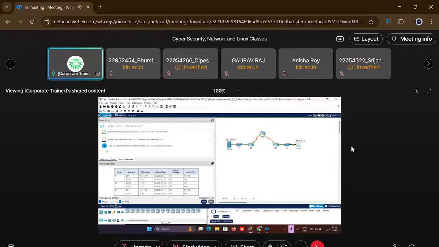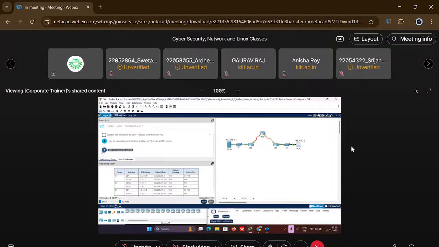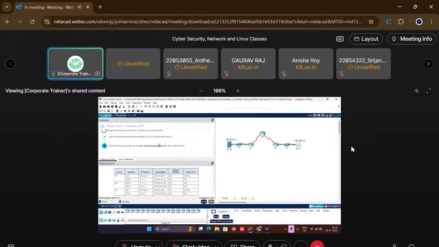Right. So it will wait for a couple of minutes. It will show you some instructions. Right, so it's coming here. So click next. I mean, 10% is what we have done. Click here to reveal the next hint. You can click there. Yeah, can you see? So what they're asking: you can use the command prompt from the desktop on a PC to start the SSH